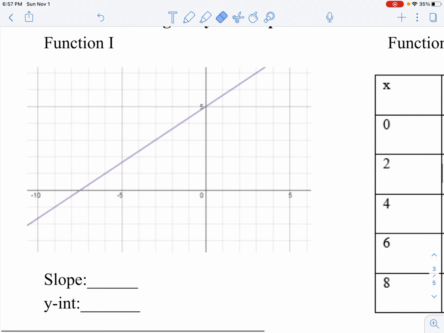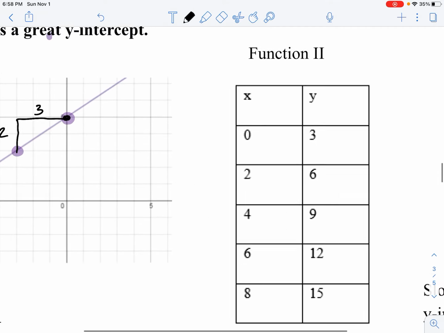So, again, when we're talking about a graph, we have to find 2 good points. When I say good points, I mean the ones that are perfectly in those crosshairs like that, whereas this one doesn't really go through there, so we can't really use that point. So I see this one right there as well, and if I'm trying to find the slope, I've got to use rise over run. So I'm going to rise 2, run 3. That means my slope is 2 over 3. My y-intercept is where that line crosses the y-axis, and it looks like that one's at 5